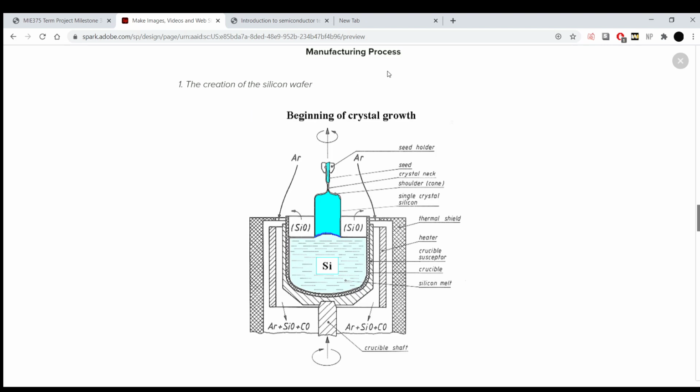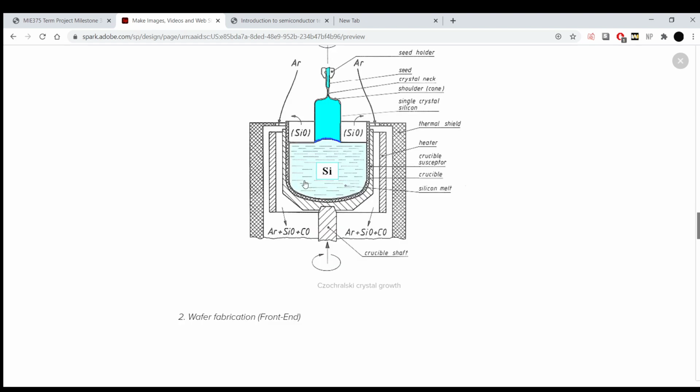Continuing with the actual process, first we have to get our silicon wafer. Well, first of all, why silicon? Silicon is used most importantly because it is a semiconductor, it is abundant in nature, and it is very cheap. So it serves as the perfect material basically for the base of our CPU. And how do we get a silicon wafer? Well, what we do is we use something called the